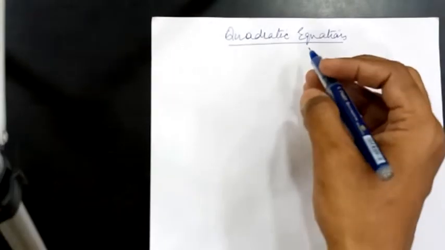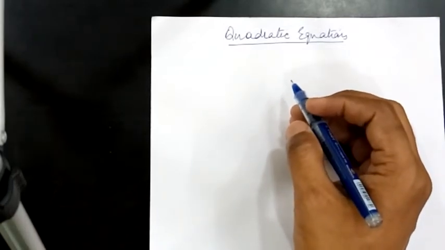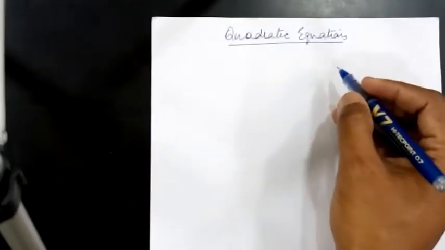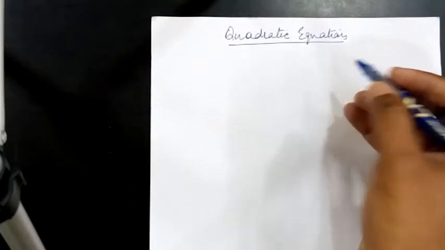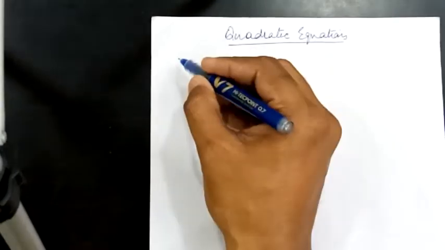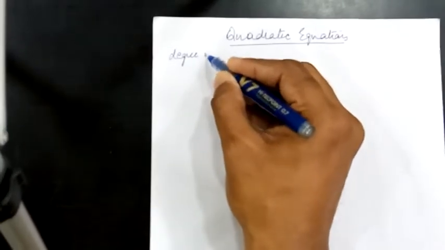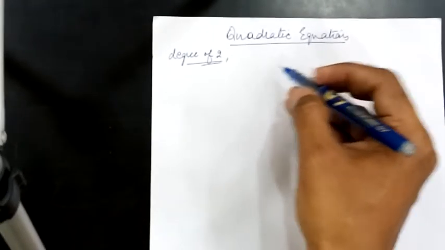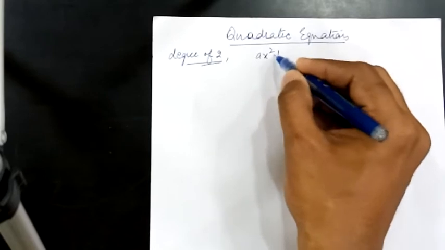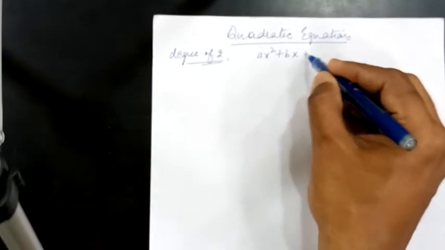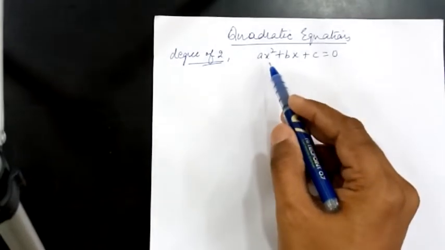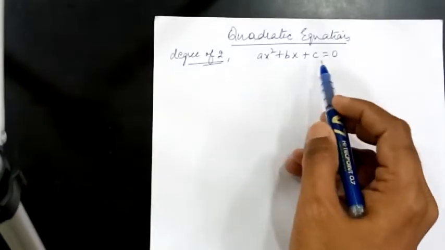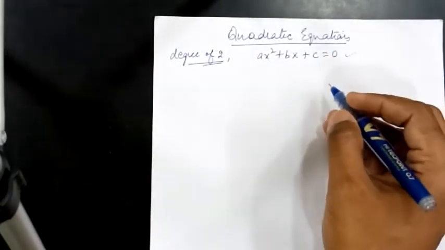Now today I am discussing with you the topic of quadratic equations for 10th CBSE. So I hope you know what a quadratic equation is. A polynomial that has degree 2 is known as a quadratic equation, for which the standard form we generally take is ax square plus bx plus c equal to 0. So x is the variable over here and a, b, c are constants. This is the standard form of a quadratic equation.